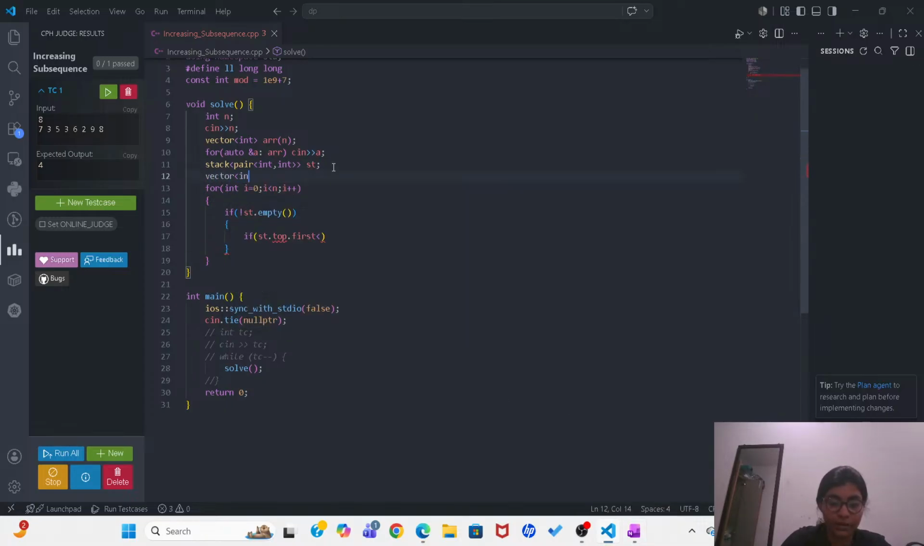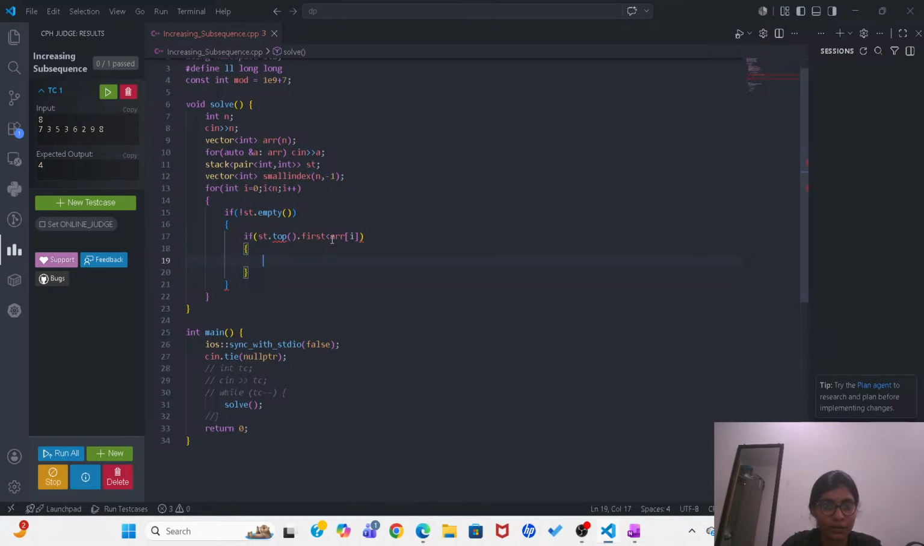Vector int small index of size n, with minus 1. If stack.first is less than array of i, then small index of i is equal to stack.top.second. Okay, if it is else,